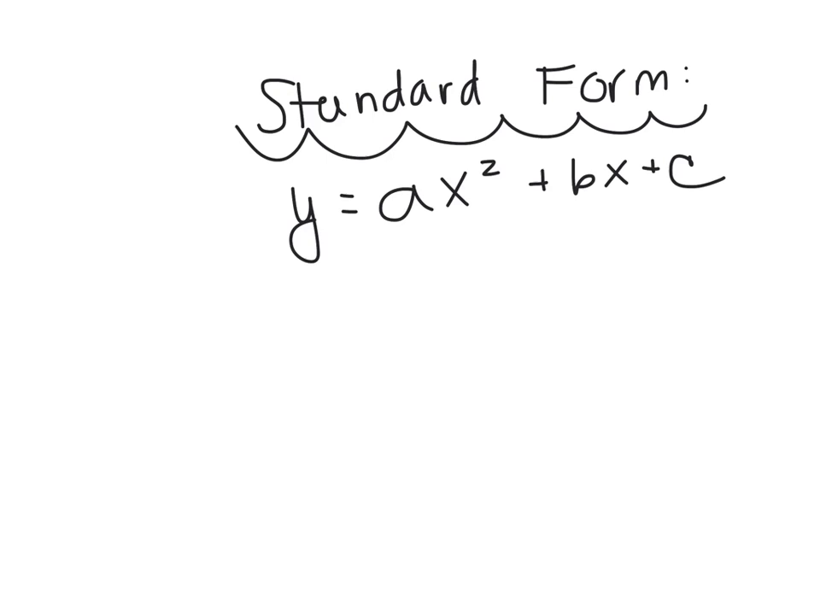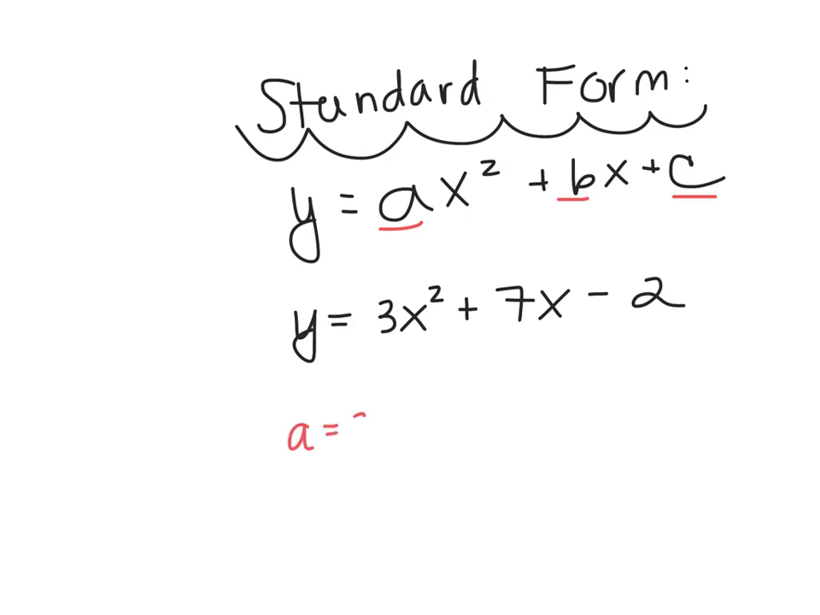Okay, so just a quick reminder, standard form of a quadratic is y equals ax squared plus bx plus c. So just to clarify, a, b, and c are all just going to be numbers. So for instance, if I had the quadratic y equals 3x squared plus 7x minus 2, I would say that